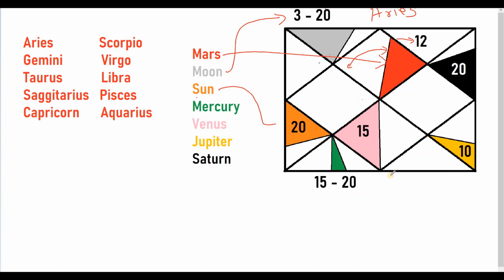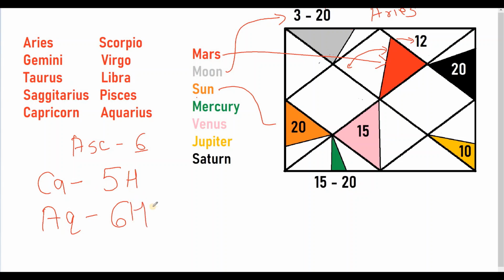And after this explanation, as a practical usage of Mool Trikon sign, the most prevalent thing is, say for example, you have ascendant as Virgo or the sixth sign. In this case, the Capricorn sign will fall in the fifth house and Aquarius sign will fall in the sixth house. And as you know, fifth house is a very auspicious house, sixth house is a very inauspicious house or a trik house. So now it is described that, okay, Saturn rules both these signs, therefore both these houses, but